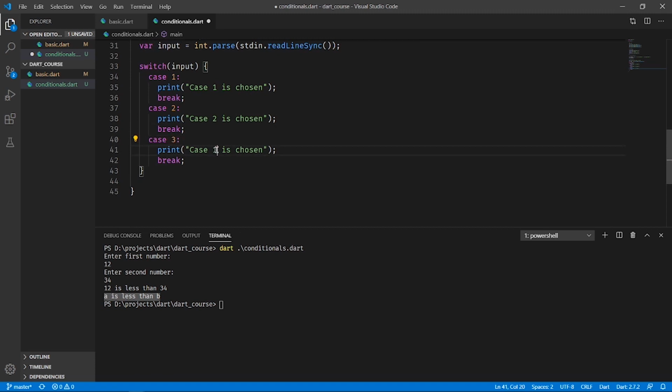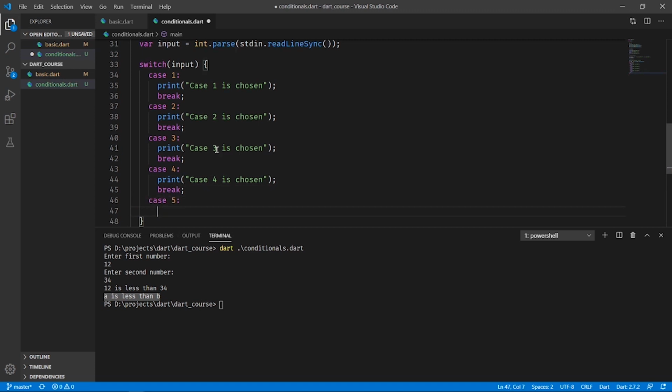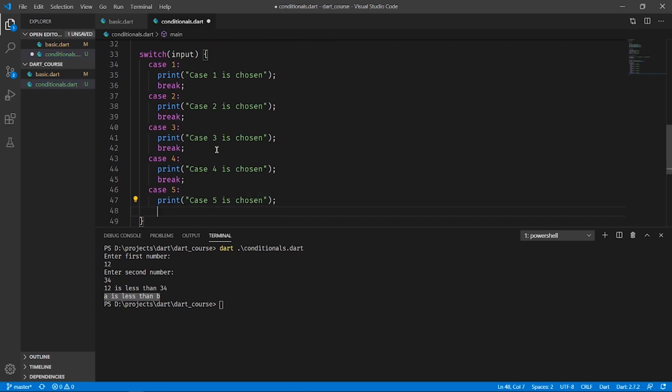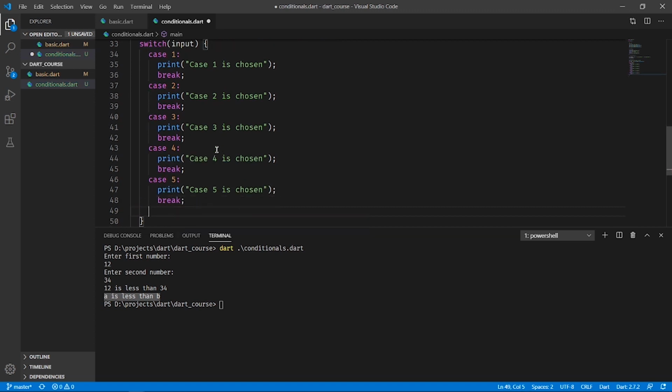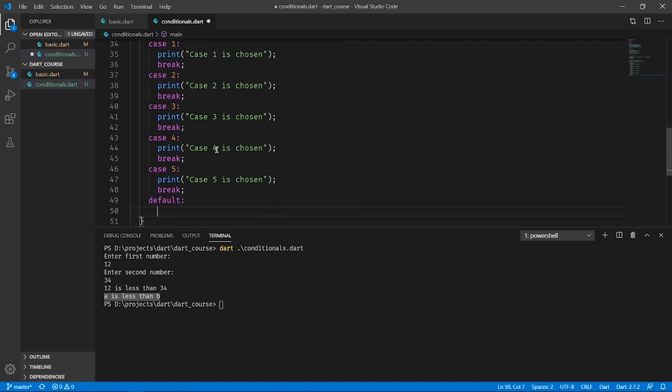After that I will have case 4. Case 4 is chosen. After that a break statement. Now I have case 5. I will write print case 5 is chosen, and a break statement here, and there is a default case, which will be invalid choice. All right, so this is the switch case